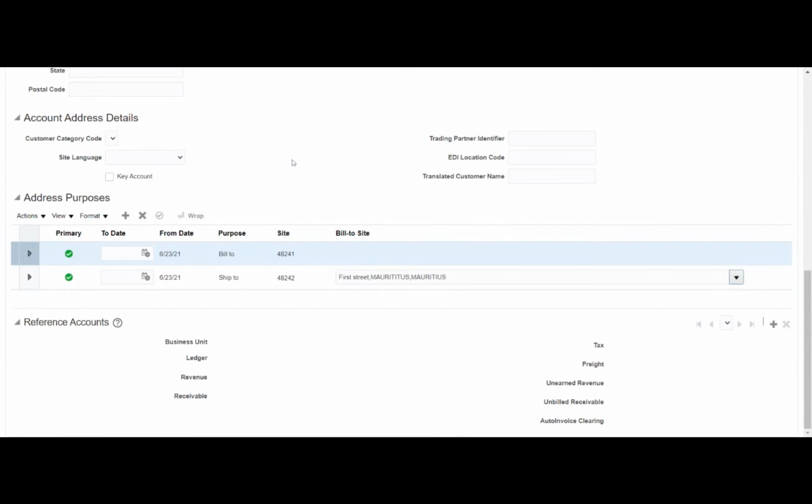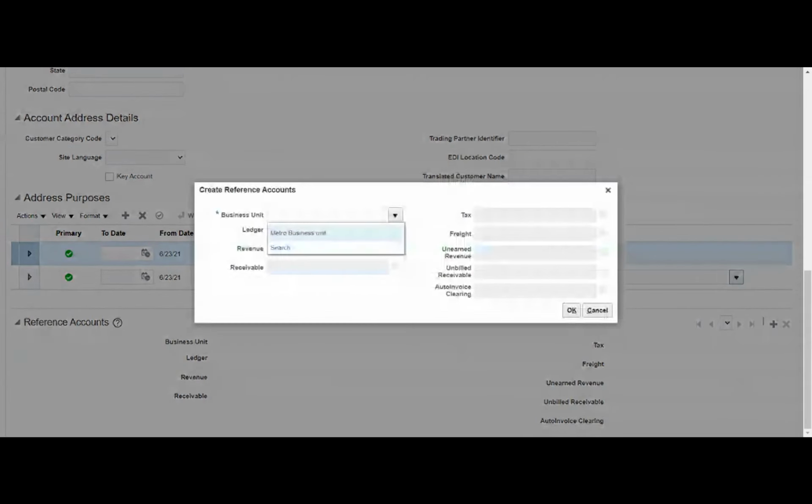Yeah, sorry, I was saying about the reference account. The reference account is nothing but the assignment that we are creating. So let me say this particular customer will have access for, let's say, the Metro Business Unit. Okay. Now I can either assign the accounts here, or probably use a constant value as we saw in the auto accounting rule.